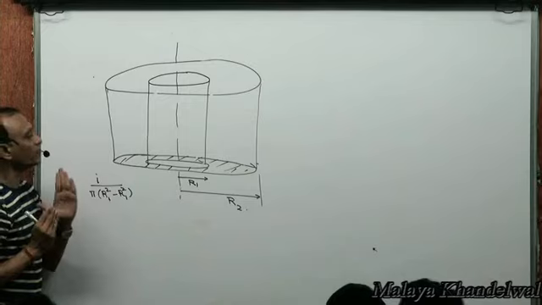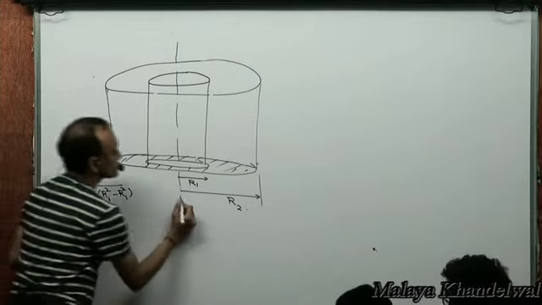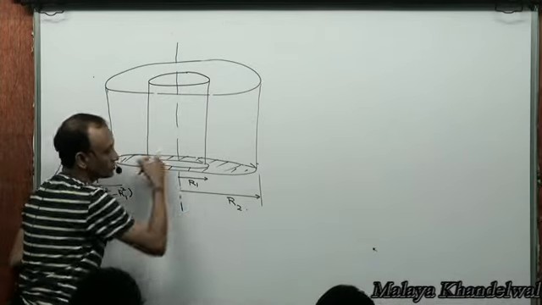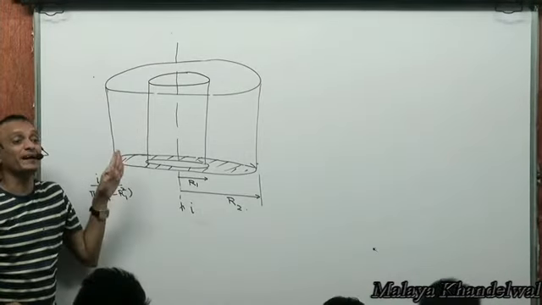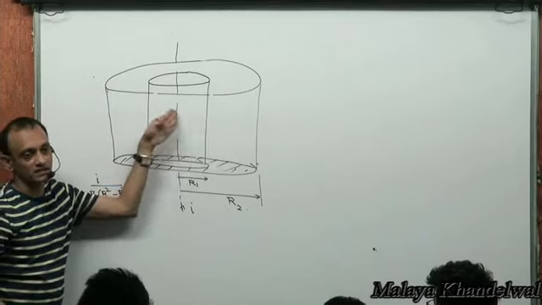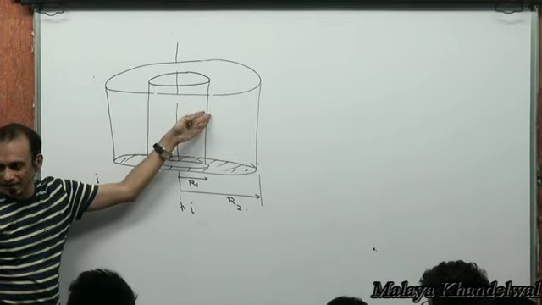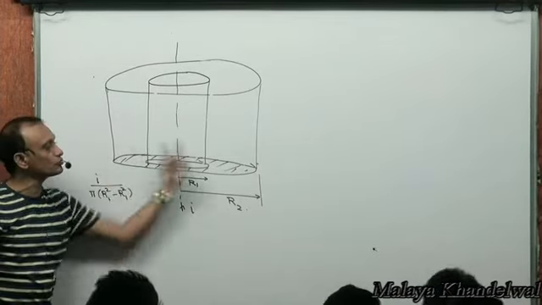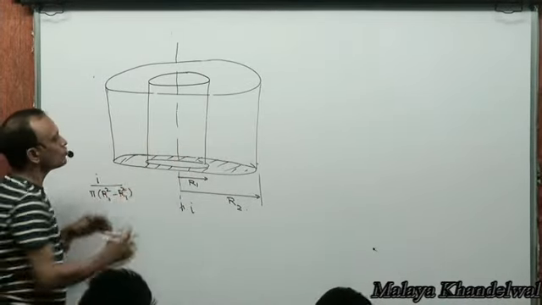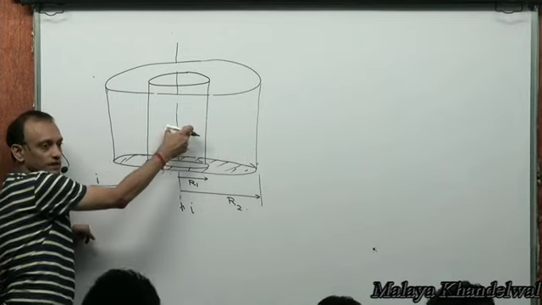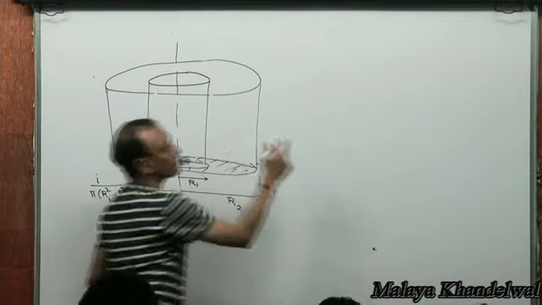Now, I want to find the variation of the magnetic field with distance from the axis. There is a current I flowing through this annulus. I want to find the variation of the magnetic field created by such a current-carrying wire as a function of distance from the axis. So first of all, in this innermost region,